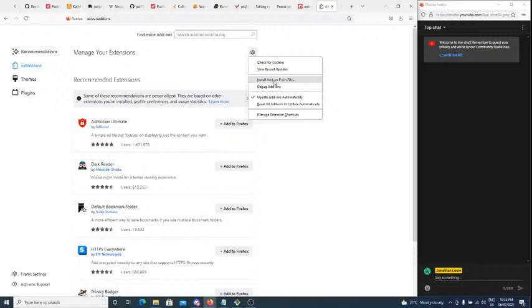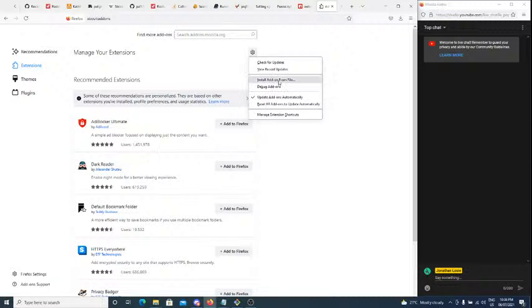The reason this doesn't work is because we haven't actually submitted this extension to Firefox, I mean Mozilla, and they haven't signed it. They kind of sign off on every extension that you usually download.